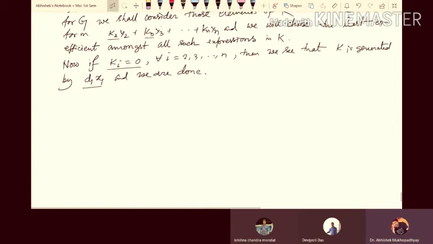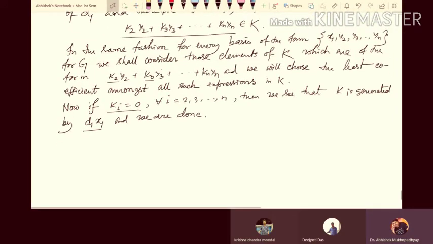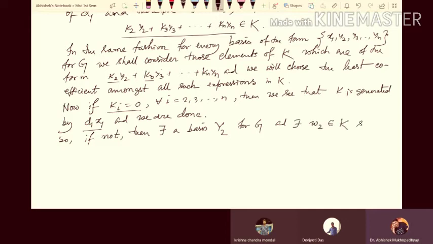If not, then we can find out. So if not, then there exists a basis y2 for G, and there exists an element W2 belongs to K such that W2 will be D2 Y2, K3 Y3, Kn Yn,